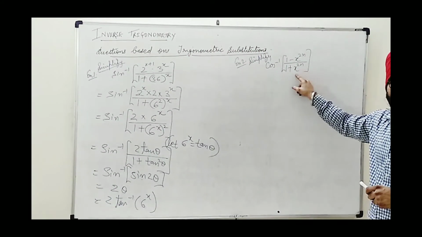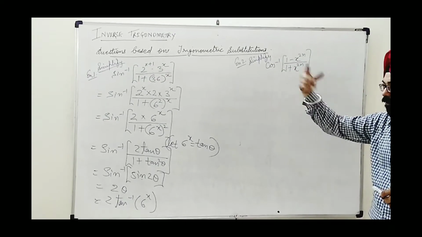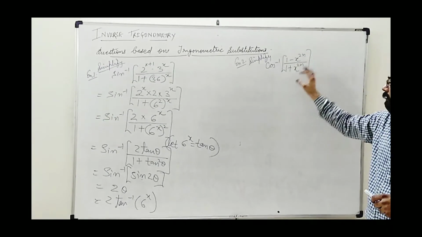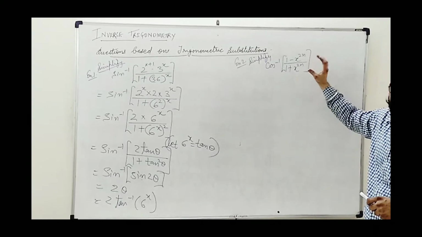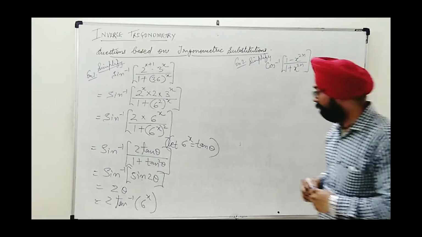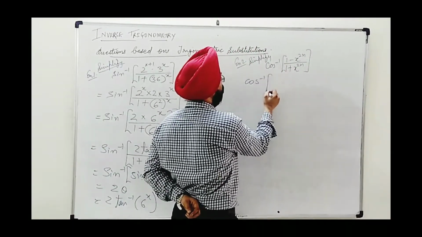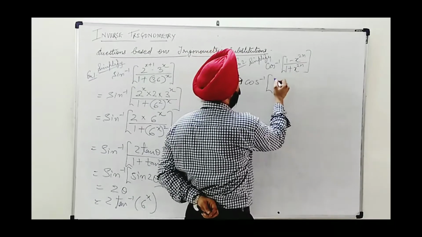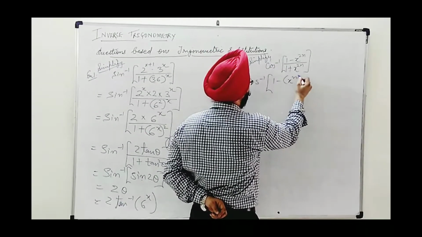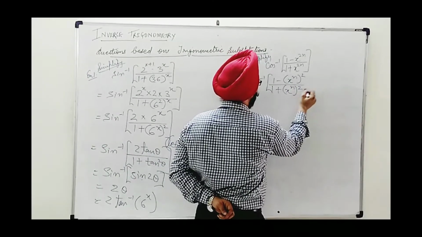Again, in expression we are not within square root, so be alert. Substitution of basic pattern is not a must. So this you should compare with some identity, outside cos inverse is given. If we can avail it here, cos inverse, this can be written as 1 minus x raised to the power n whole square upon 1 plus x to the power n whole square.